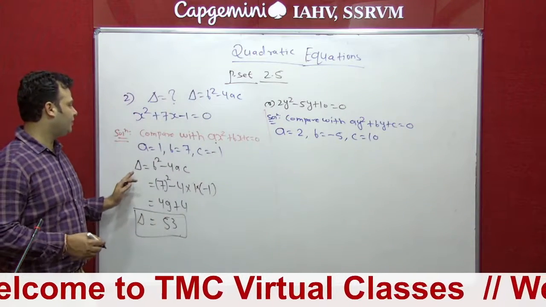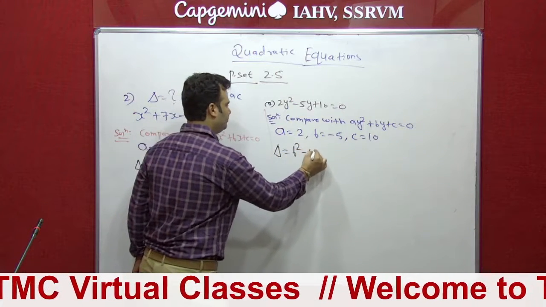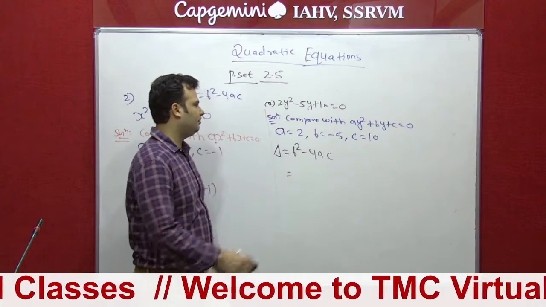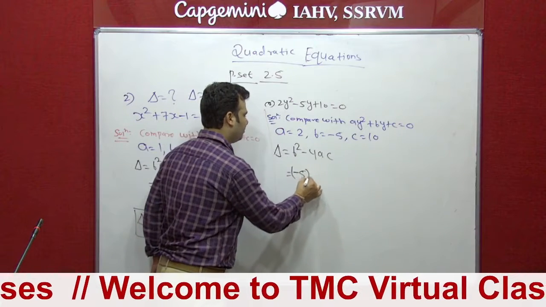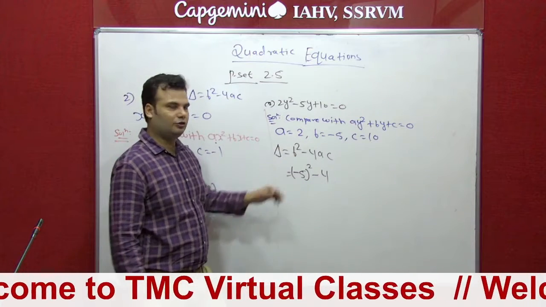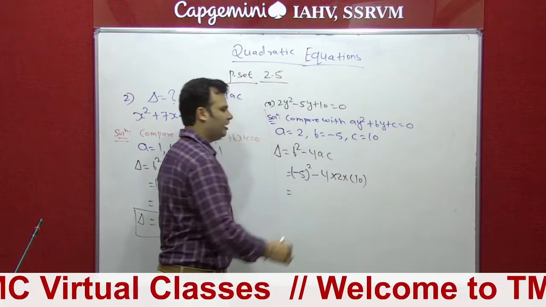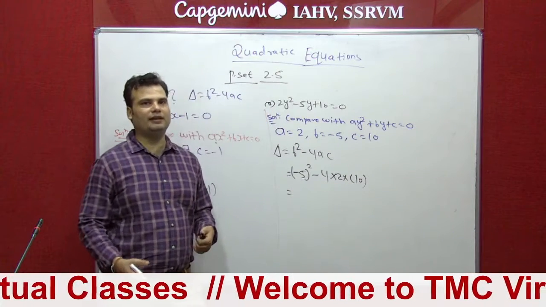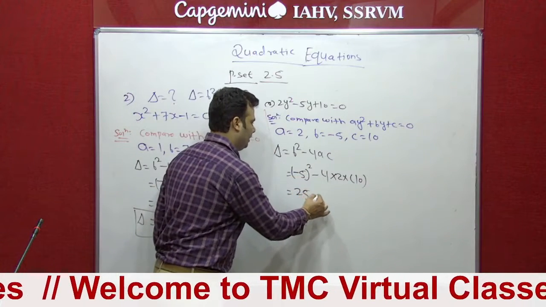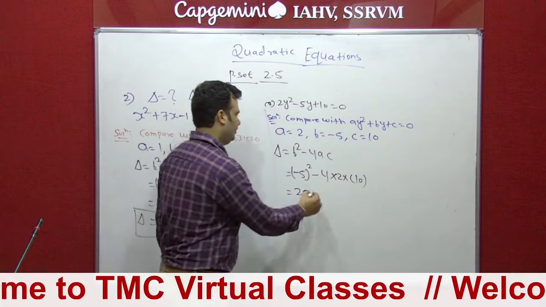Then what is the next step? We have to find the value of del, means b square minus 4ac. So what is the value of b? B is given here minus 5. So minus 5 square minus 4a. So what is the value of a? Yes, correct, 2, and c is 10. So whenever you square any minus thing, it become plus, because minus into minus become plus. 5 square is 25 minus 4 2 ja 8. 8 into 10 become 80.